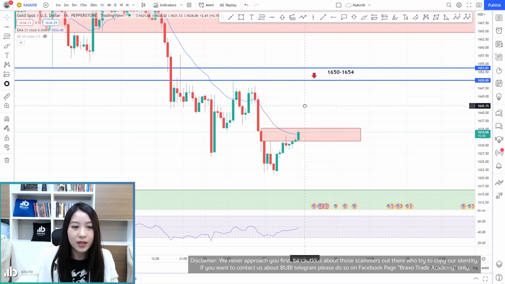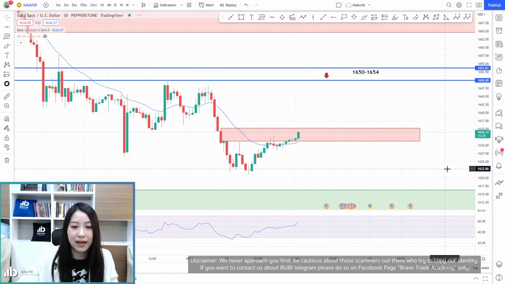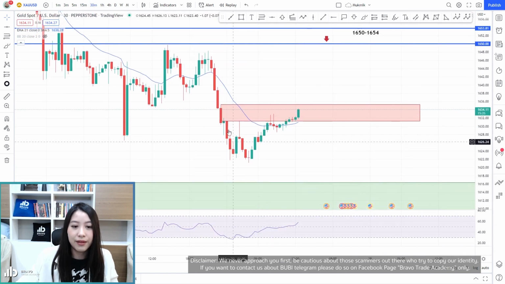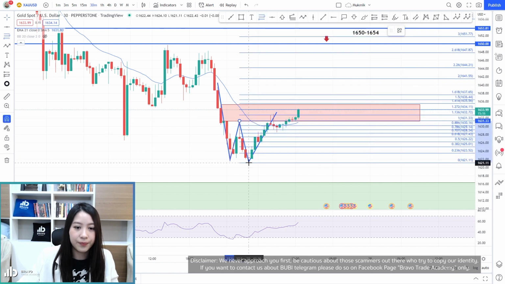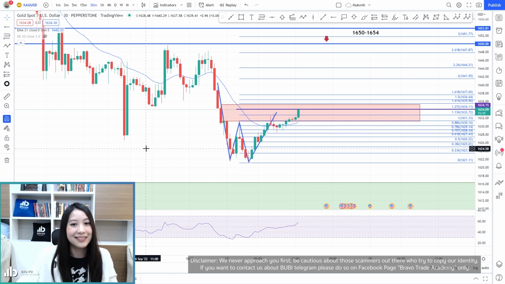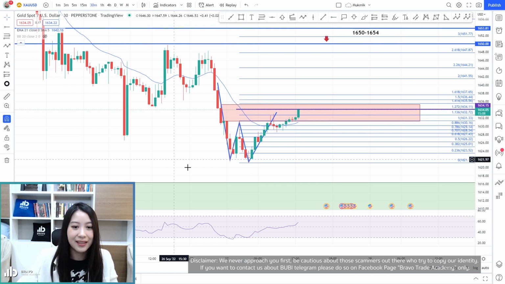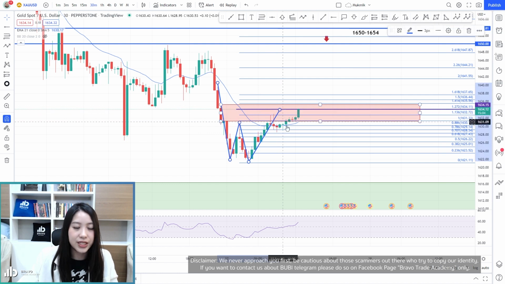Okay, what about the 30 minutes time frame? In the 30 minute time frame, we do have this low twice pattern. If I use my Fibonacci extension, it would be exactly at this point. So that's why my alert has turned on. Okay, that's my plan from the morning, but we do need to check for a classic divergence because the zone